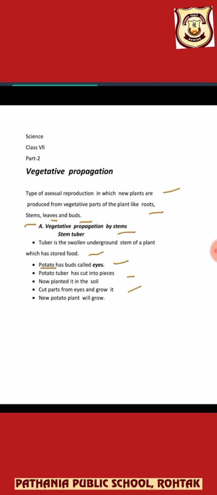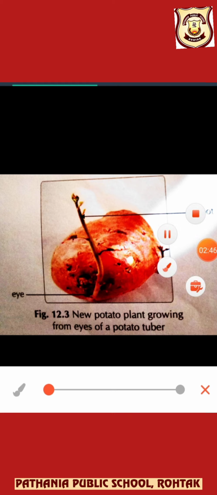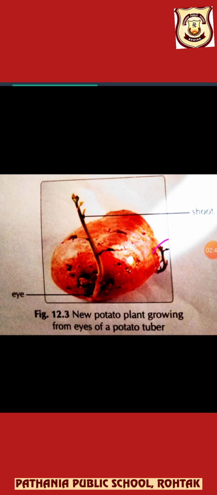After a few days, what you will see is that a new potato will grow. So we will get a new potato. You can see the example picture over here. The eye you can see, from where the shoot is coming out, and we are taking out this sprouted part. You can see the shoot has started coming out. You can cut this part and grow it again. You can cut a second part also from here and grow it. You can take the first part from here, the second part from here, cut it and plant it in the moist soil, and we will be able to get a new potato plant.